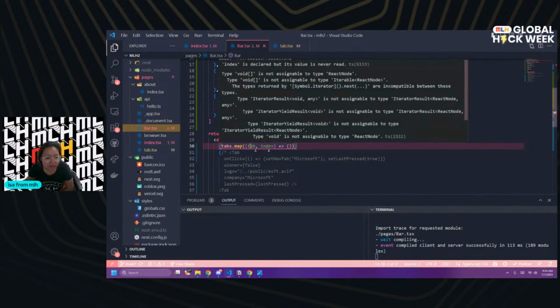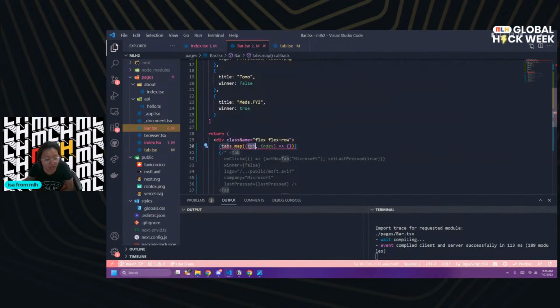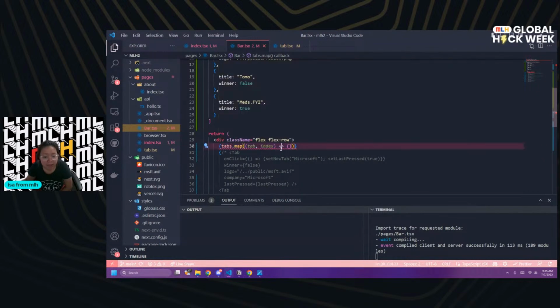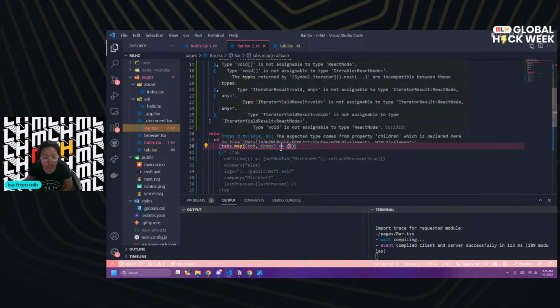The first one is the thing that each element in array tabs will be called tab, singular. And then this comma index, inside the parameters of my arrow function, index will automatically be an incrementor